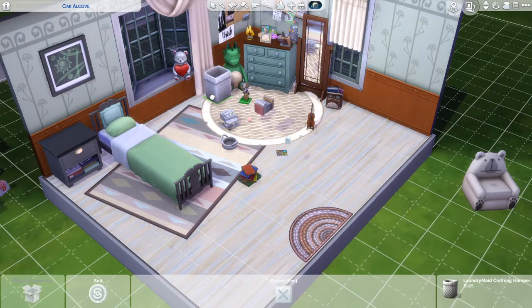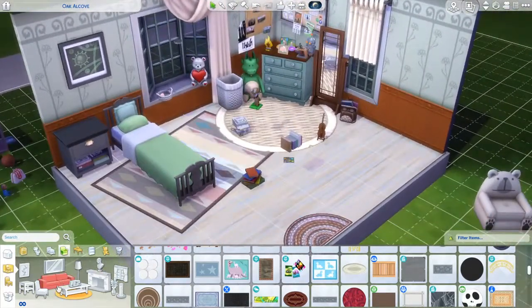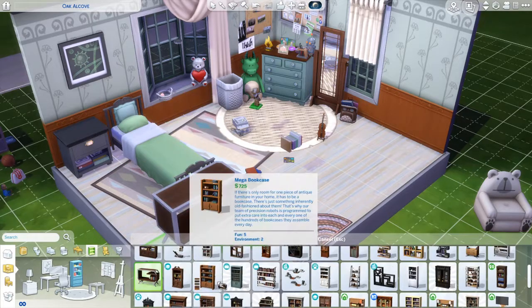So a lot of this stuff does change at the end, but you can kind of see the items that I decided to keep during this build. This basket, I kept some of the clutter items that you're seeing around, like there's a little owl nightlight that I keep, and there's a ton of stuff cluttering that dresser, and the dresser stays there, and so does that